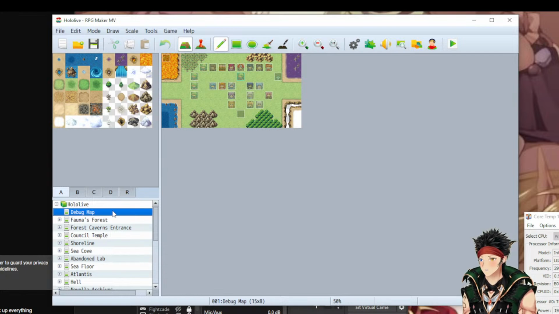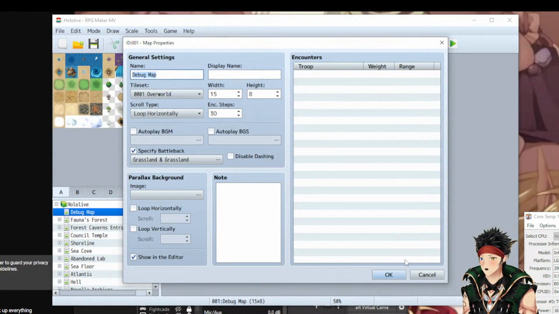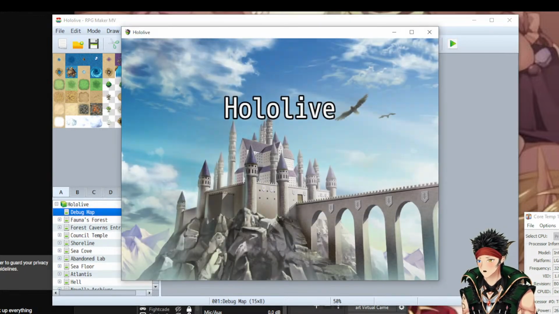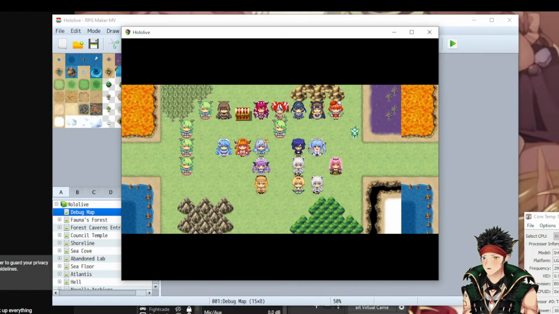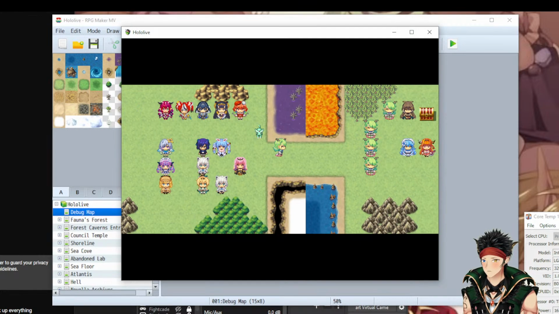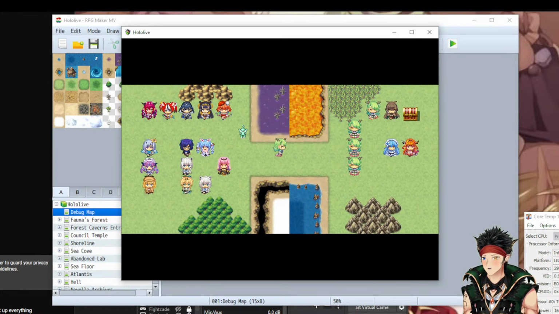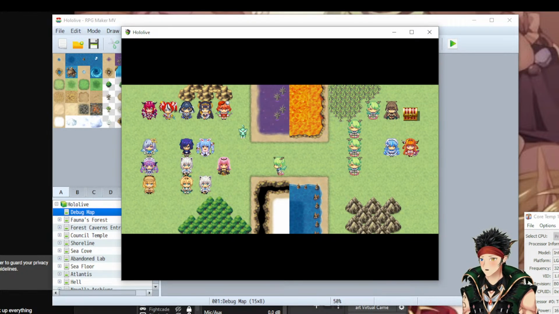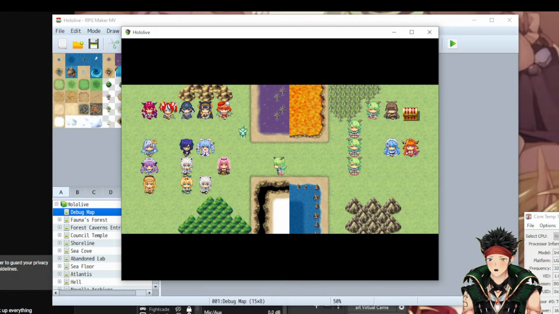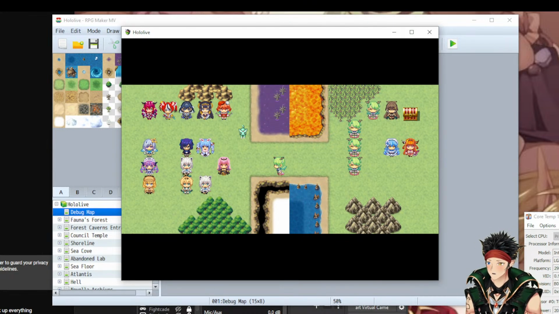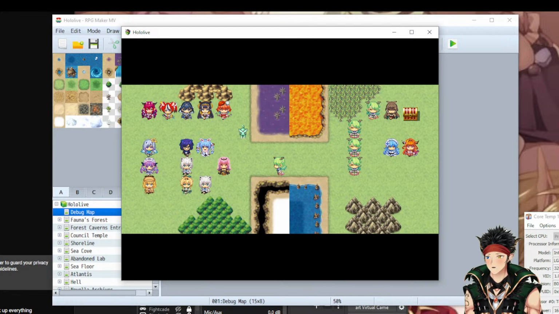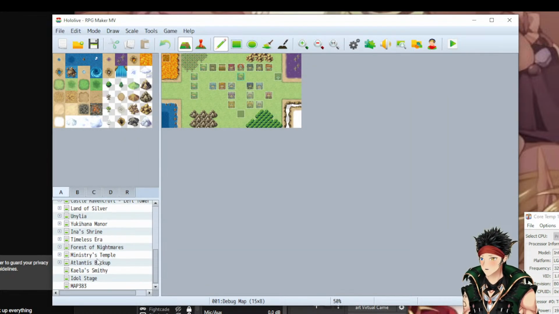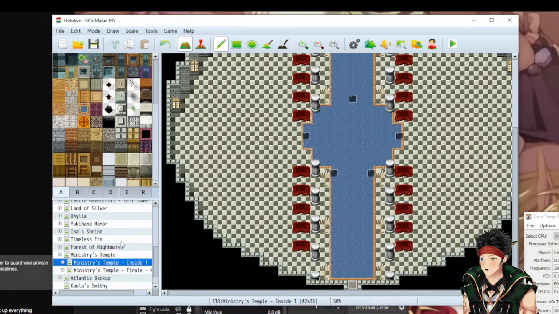Let's say we do horizontally. Now with horizontal, you can see at the border of the maps, you can see where the map ends. You can see where the map splits. So if you're gonna do horizontal or vertical looping, you're gonna have to make sure that the top and bottom are correctly done. For example, taking one of my maps here as an example,